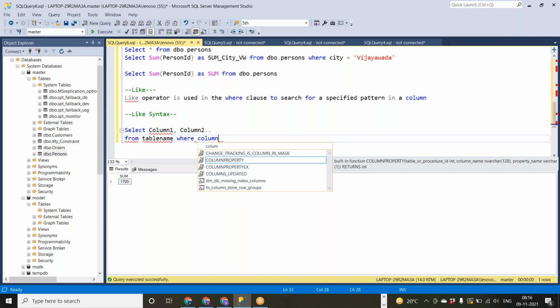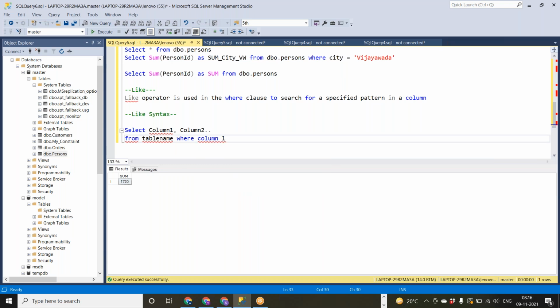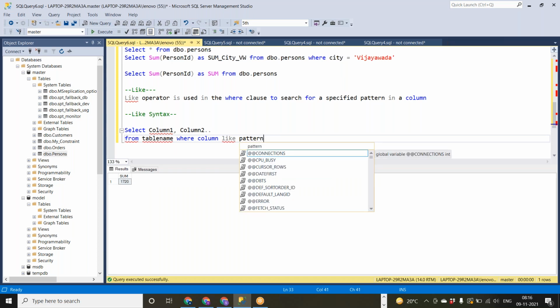First of all, we'll see the basic LIKE. So column, this is the LIKE operator, and we'll give the pattern. Pattern in the sense you can mention anything. So if you want to get names with the letter K, you can say it starts with K. K percent. Percent means after K there are some more characters. You only need to check the K. You are just specifying that after K we have some more characters or numbers, anything, letters, string, anything it may be.